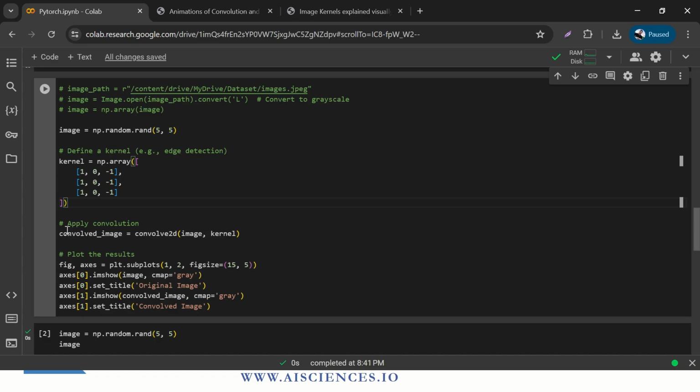And then I am applying this convolution by calling this convolved 2D function, passing this image that I created by using random numbers. And then I'm also passing the kernel, and I'll get the image over here. Once I get the image, I'm simply outputting the image before convolution and image after convolution, right? So if you allow me to run it,